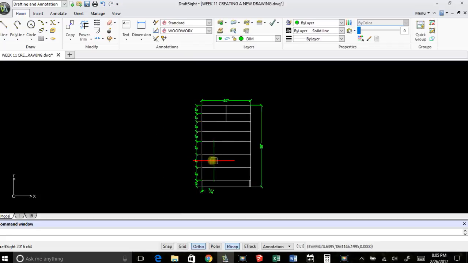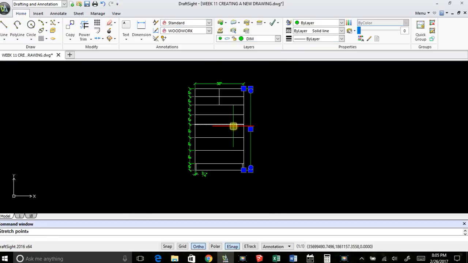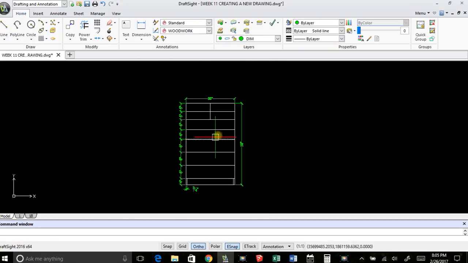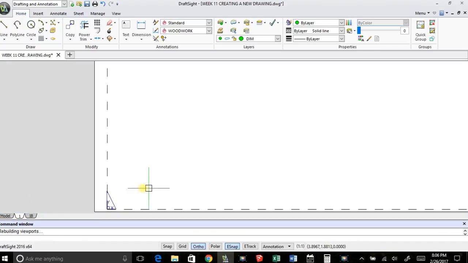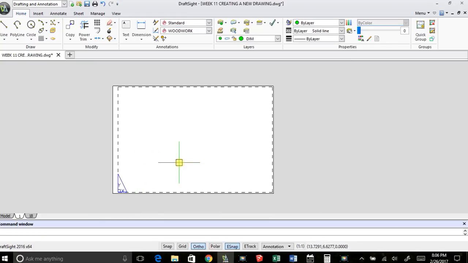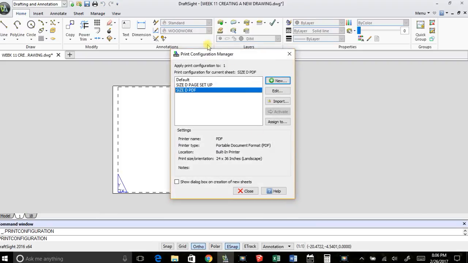Remember, save and save often. So now we have a professional looking drawing in the works already. One of the requirements for your final project is your CAD drawing needs to have a model space and 2 paper spaces. And they need to be set up in a PDF, in a size D PDF format. Remember, you can set that up by right-clicking, Print Configuration Manager, you select your PDF,